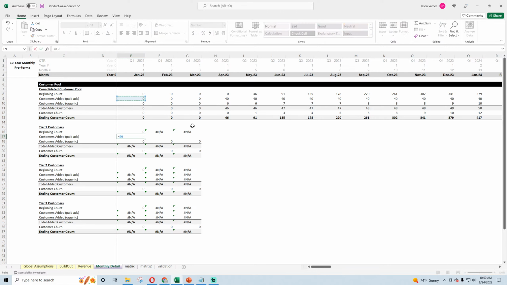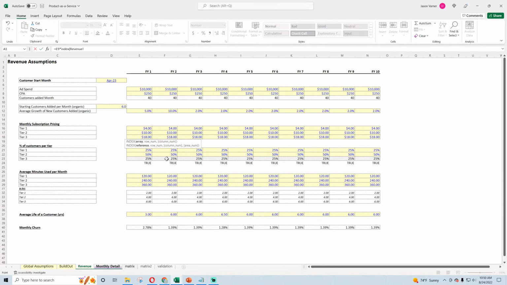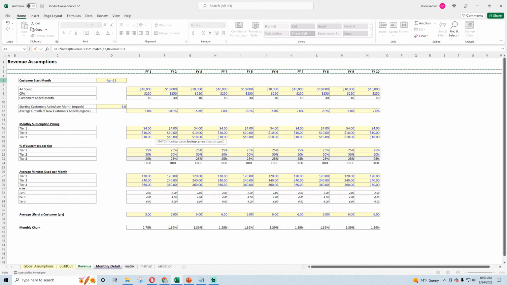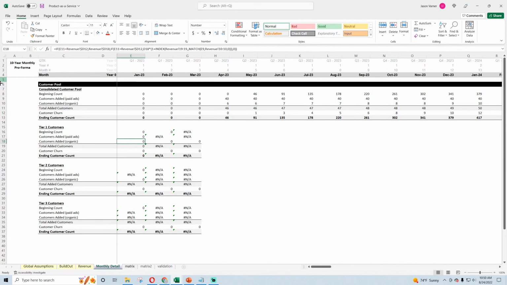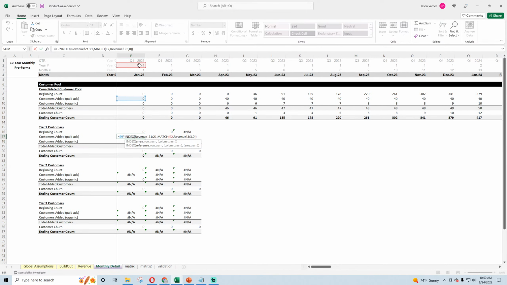Of those customers added, what percentage are tier 1 customers? Well, we have that defined here for each year. So 25% of all added customers through paid ads and free organic are going to be tier 1. So we index that and match the year against this. Yeah, I believe that was the year. And then let's lock these so we can paste it down.